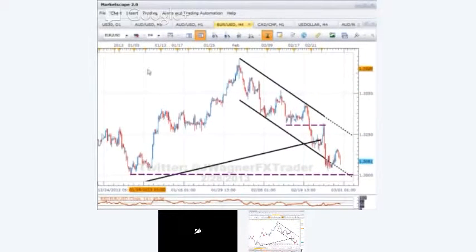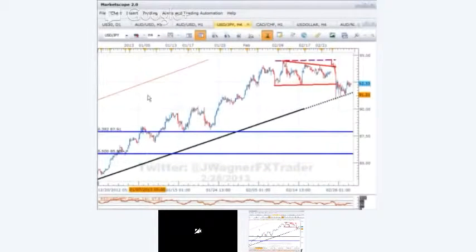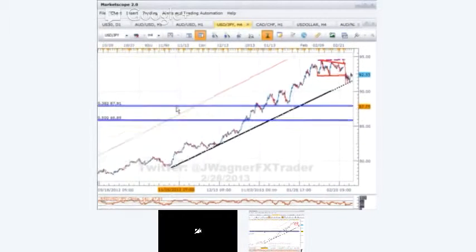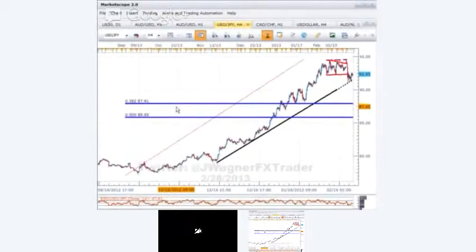I'm going to share with you some trend lines and some potential breaks, and then we'll look at an indicator that you can add to your chart to help you identify breaks of support and resistance as well. So let me start off with the dollar yen, one of the beloved yens. This thing has been a monster trend for the last two or three months with what's going on over in Japan